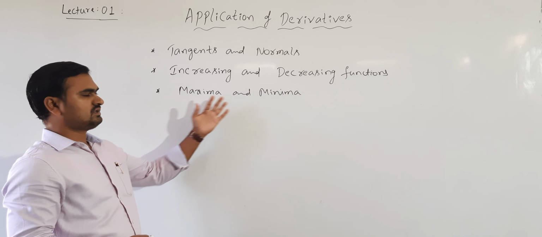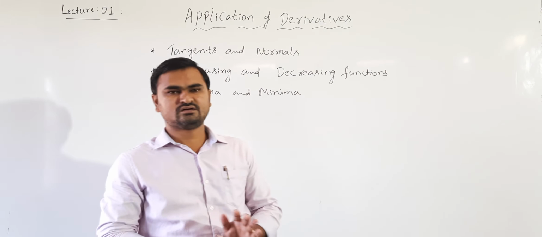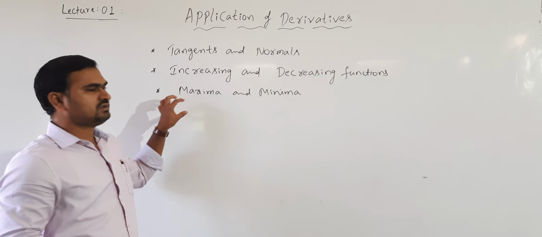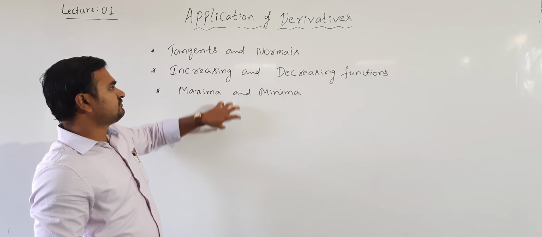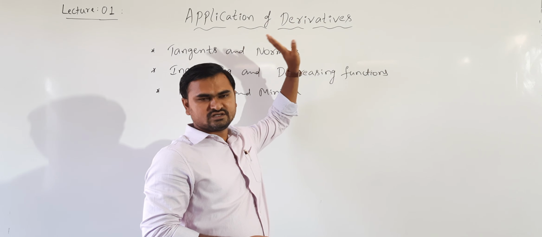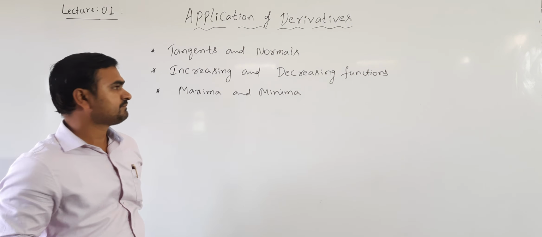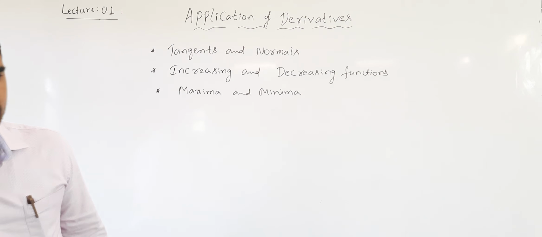then maxima and minima. So a curve is given or a function is given or any quantity is given. We have to find its maximum value and then we have to find its minimum value. So we'll see how to find all this by using derivatives. Okay, that is what using derivatives we'll be finding these quantities. Okay, so first topic we study about is tangents and normals.